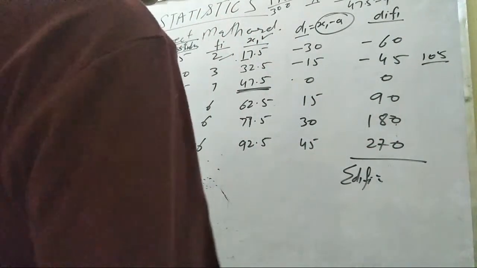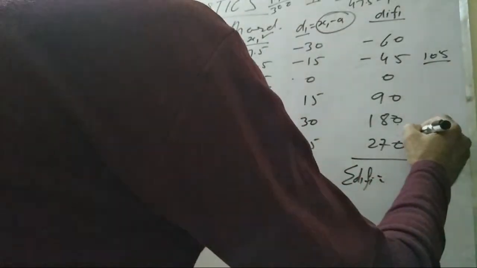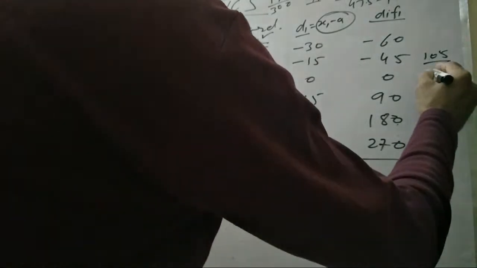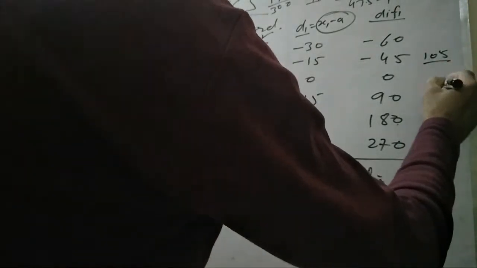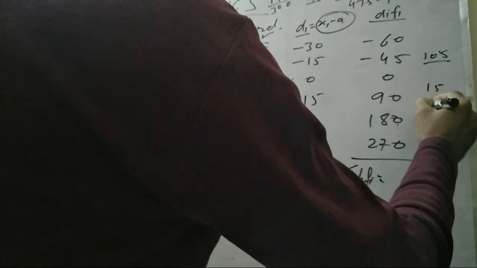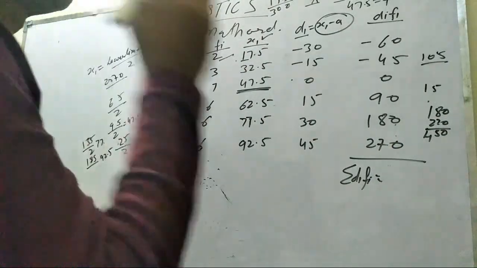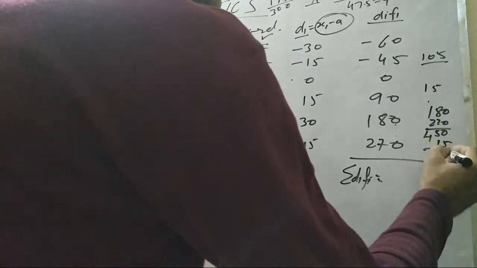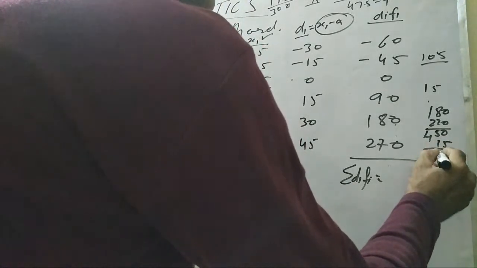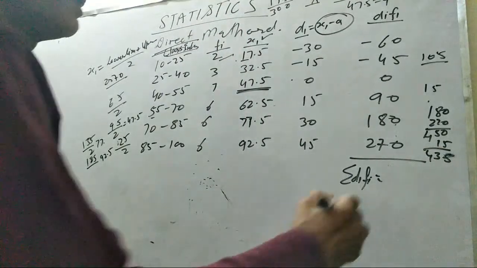We have missed the 105, and this will became 15, 50 minus 15 और कर दीजिएगा, 435. This became 435,